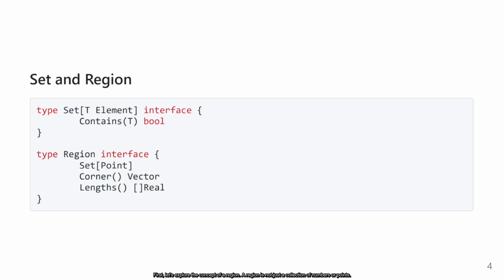Hello, in this video, I'll explain the concept of region. First, let's explore the concept of a region. A region is not just a collection of numbers or points. It is a set that includes all the points surrounding a specific point or number. Therefore, when defining a region, it is important to consider both the property of a set and the unique characteristic